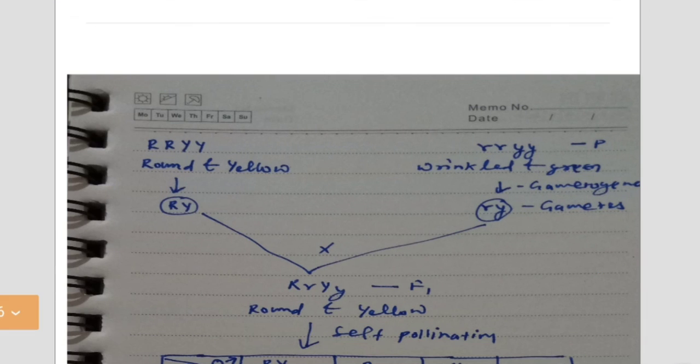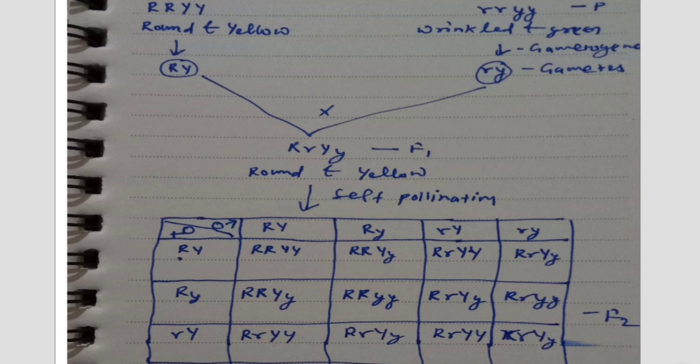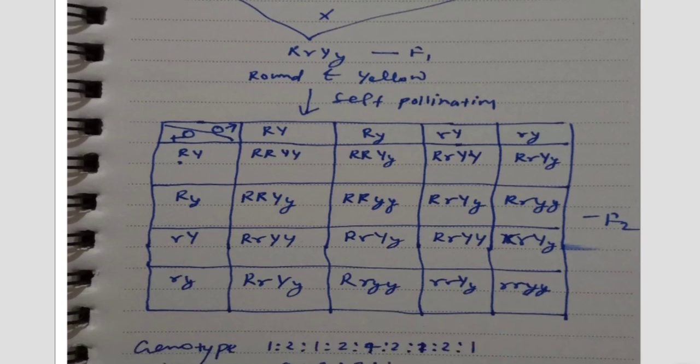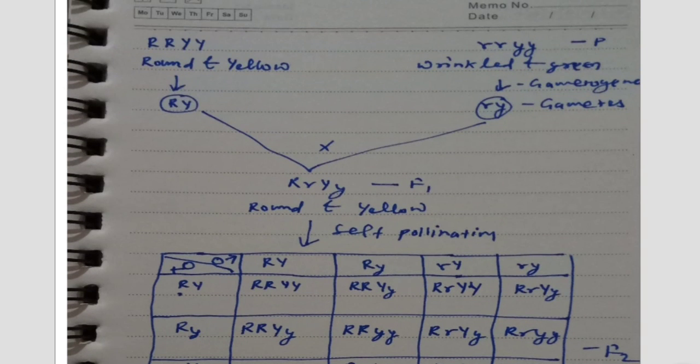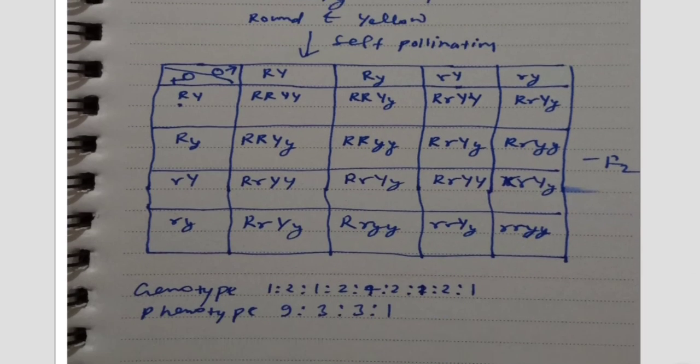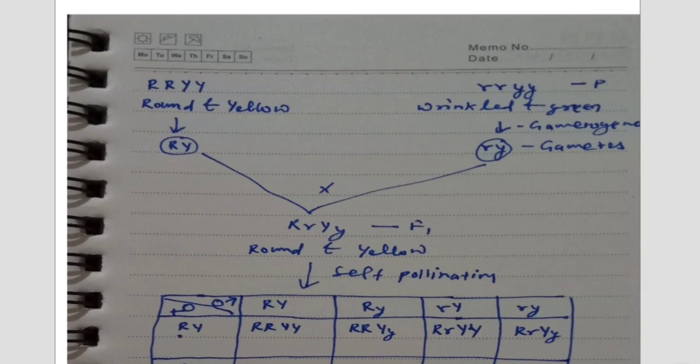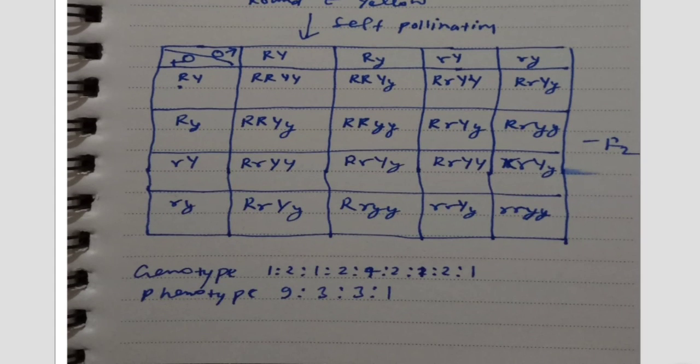Next one, that is the dihybrid cross. On the basis of the dihybrid cross only, one rule is derived. You have to compare the phenotype of the F2 generation, that is 9:3:3:1. So 9 plants are similar to the dominant, that is round and yellow. You have to see this in the table also. And one plant is similar to the recessive plant, that is wrinkled and green. But in the 3:3 combination, these are different. These are round and green, and these are wrinkled and yellow.